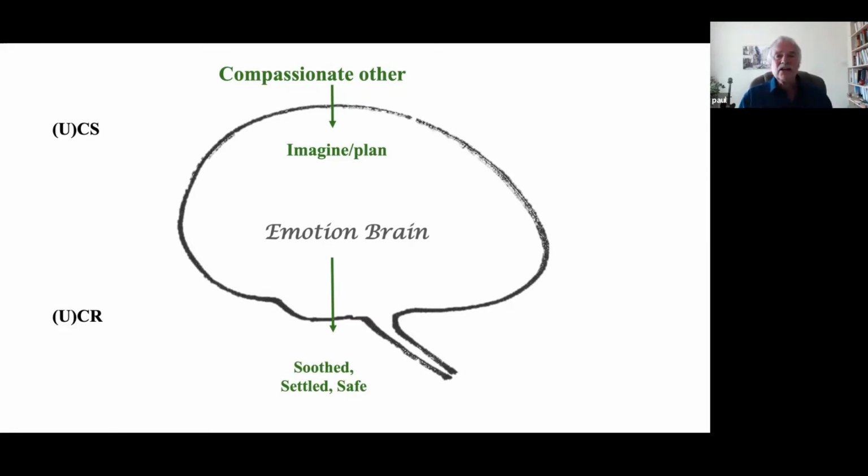So let's go back just to remind ourselves, for this talk, about how we can use our mind to support our body and our brain. We can begin to use the basic algorithms of the mind. The algorithms of the mind are linked to unconditioned stimuli and unconditioned responses, as we saw, basic algorithms of the mind.